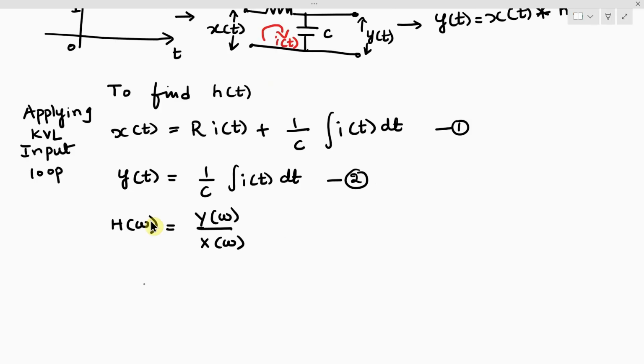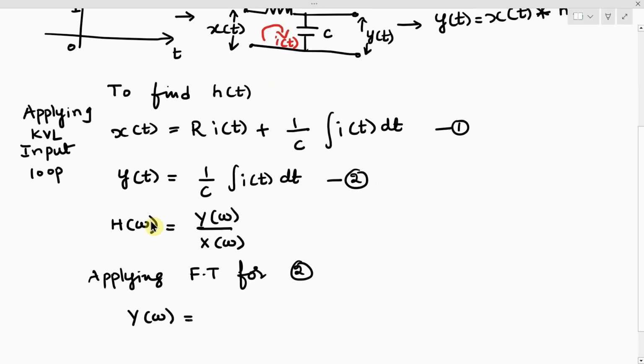So to obtain y of omega, what should I do? Fourier transform on both sides, right, for equation 2. So applying the Fourier transform, you will get y of omega equal to